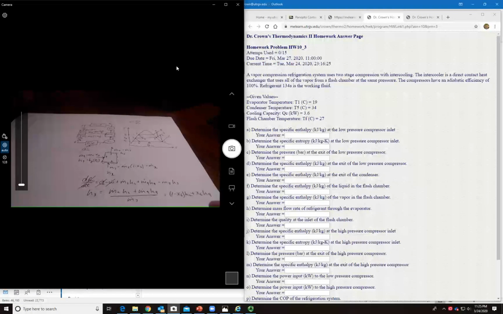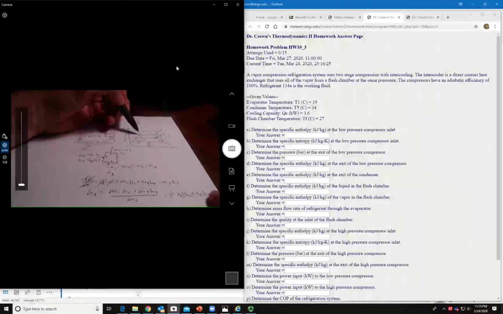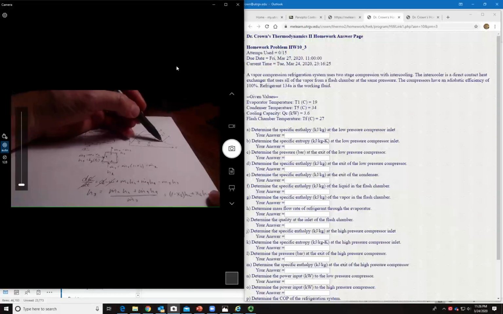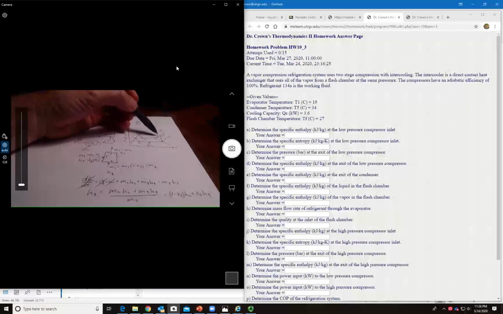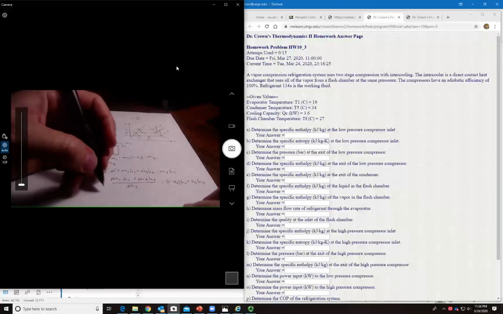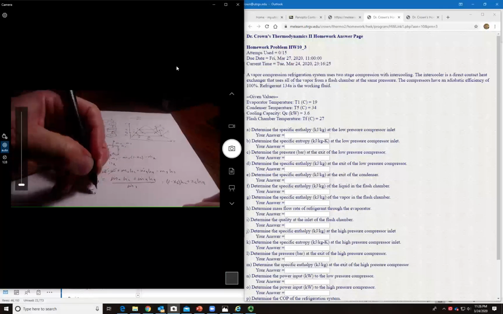Everything else is somewhat trivial. Just find all the states. Saturated liquid state, same enthalpy as state 5. Saturated liquid state, same enthalpy as state 7. Saturated vapor state has the same entropy as 1, the same pressure as 7. This one we just solved for. Find the entropy, then use that entropy to find this state, we know the pressure and the entropy. So now we know the pressure and the enthalpy, so I can find the S3